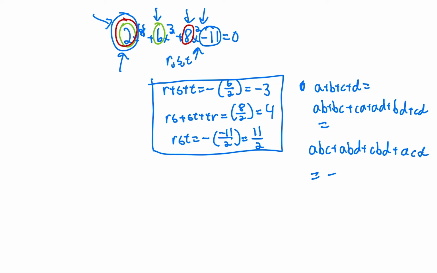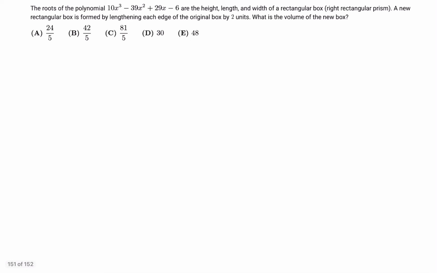So let's try applying it to a problem. The roots of a polynomial 10x cubed minus 39x squared plus 29x minus 6 are the height, length, and width of a rectangular box. Write rectangular prism. A new rectangular box is formed by lengthening each edge of the original box by 2 units. What is the volume of the new box? So let's just say that the roots of that polynomial are r, s, and t. And so if we lengthen all the edges by 2 units,